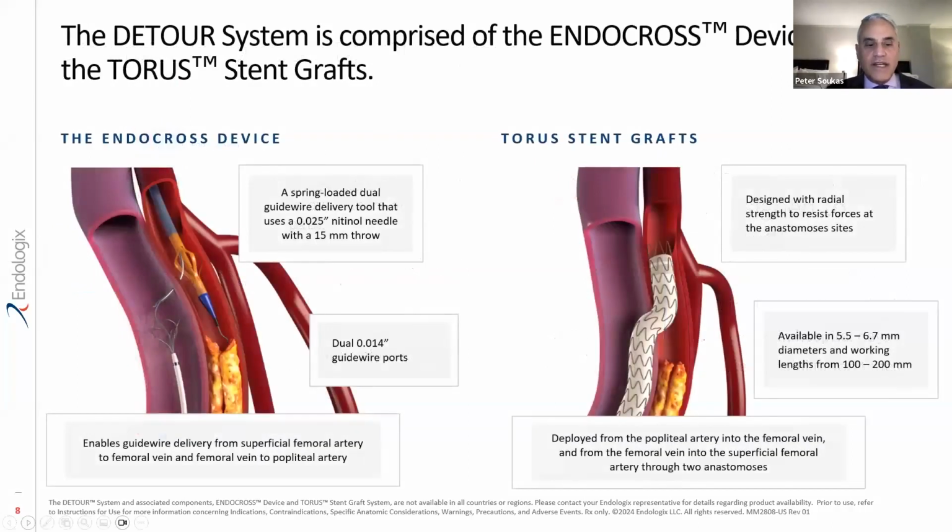The EndoCross device, I like to call it an Outback on steroids. This is a really ingenious piece of engineering. Unlike the other devices on the market, this is a spring-loaded dual lumen delivery tool. It uses a 0.025 needle, so it is introduced over a